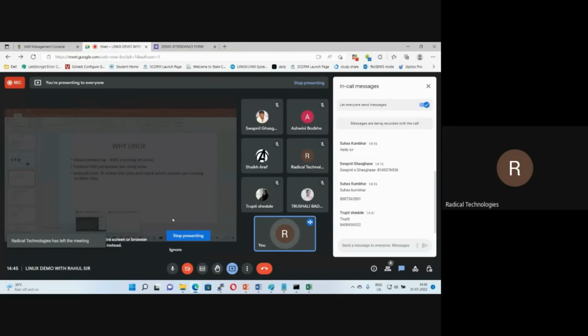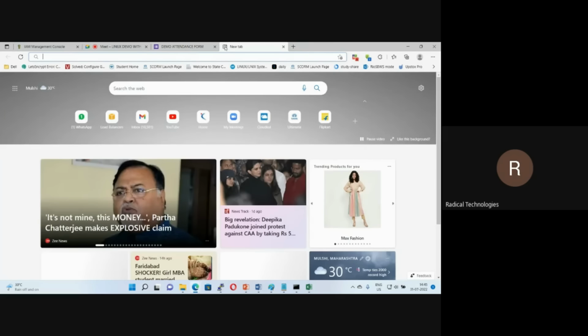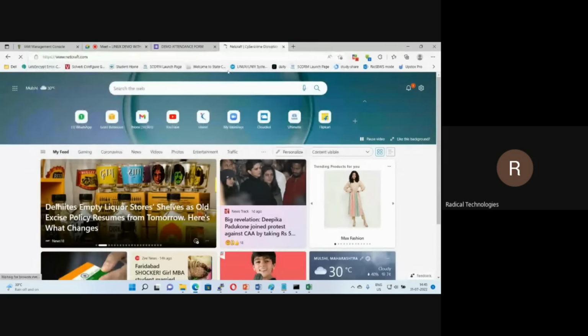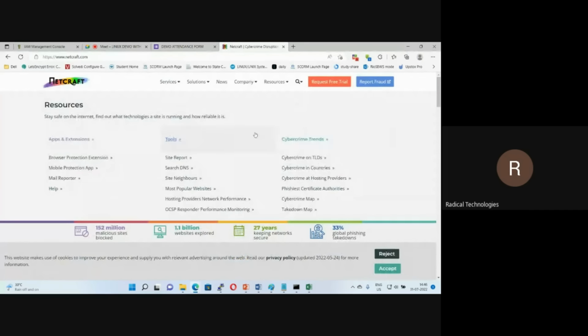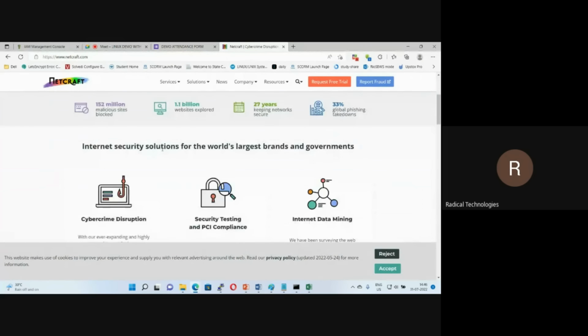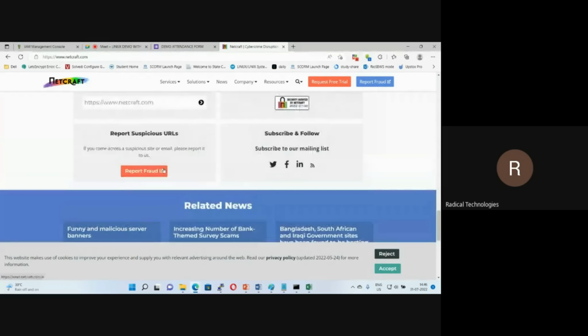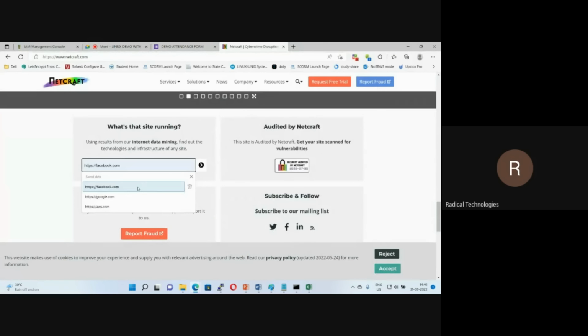And even, guys, if I take you to one website, the website name is netcraft.com, you can see the famous websites and what platform they are using. Let's consider that Facebook is a big website, right? So just understand which operating system they are using.